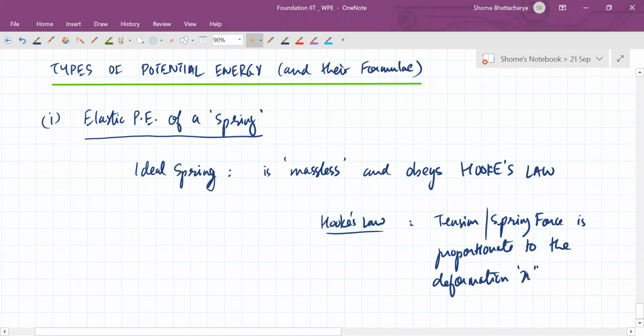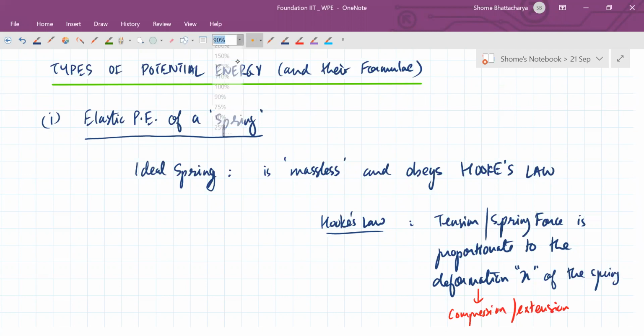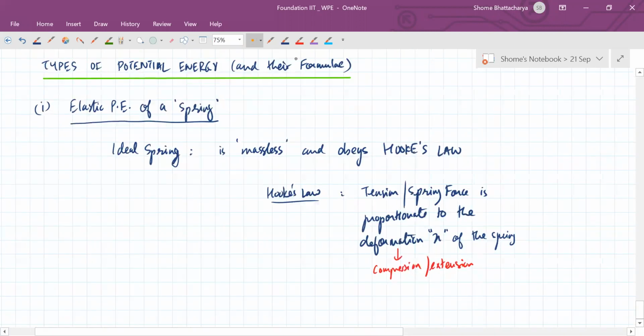By deformation, we mean either compression or extension of the spring. So by Hooke's law, in terms of application, what we mean is